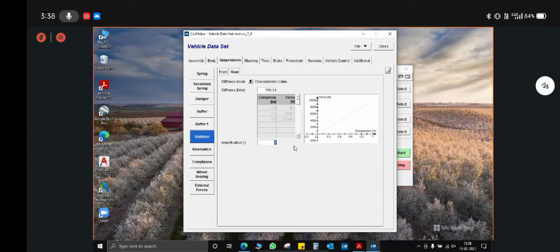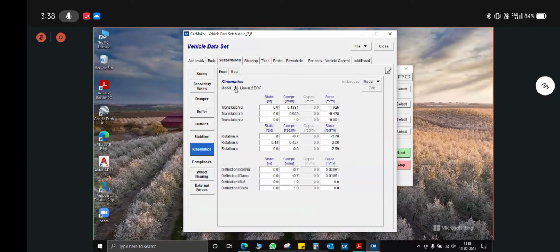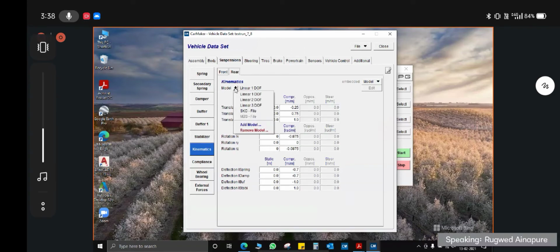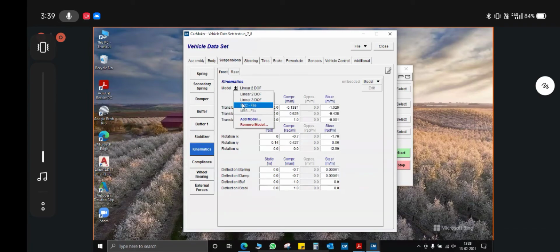The kinematics, so this is the tab which will define the vehicle dynamic characteristics of your vehicle. So the dynamic characteristics including what turning radius your vehicle will be getting, the minimum turning radius, then the wheel travel characteristics. So all this will be defined using this kinematics tab, which has already been cleared properly by Ravinder from ATS team today morning. Okay, and you can refer IPG reference manual, IPG users guide for this.